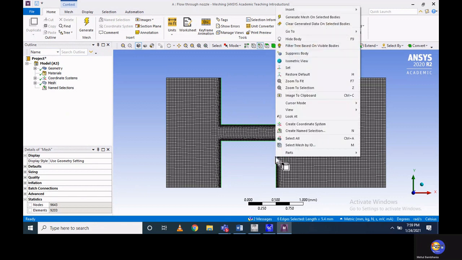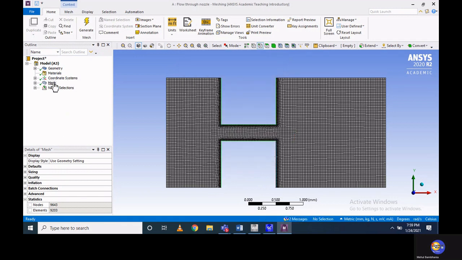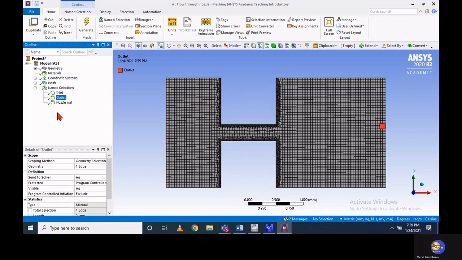So you just give the name for those 6 edges as nozzle wall. If you are not assigning any boundary condition, by default Fluent will consider it as a wall or no slip condition. So we have inlet and outlet, as well as wall at the nozzle.